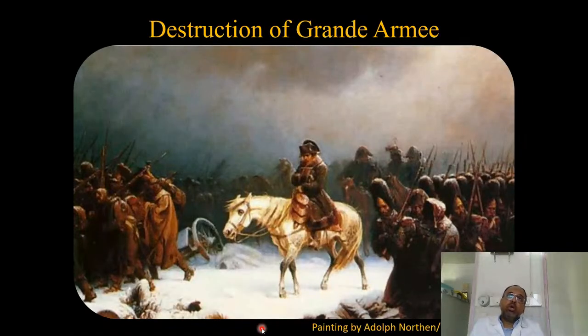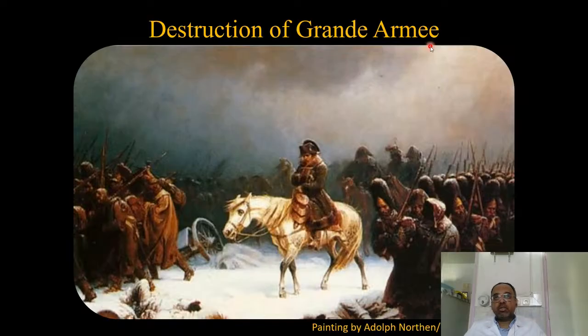So they went to Moscow. Then it was winter, and they had problems with their supply lines, so they had to retreat. And it was a very big army. It was called the Grand Army, as it's written here in French. It was 500,000 professional soldiers, the biggest organized army that Europe had ever seen by that time. It's said in historical records that when the Grand Army returned to France, only 45,000 of those 500,000 soldiers were still alive. Like 90% of them had died.